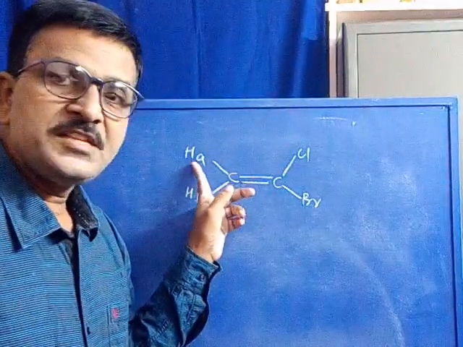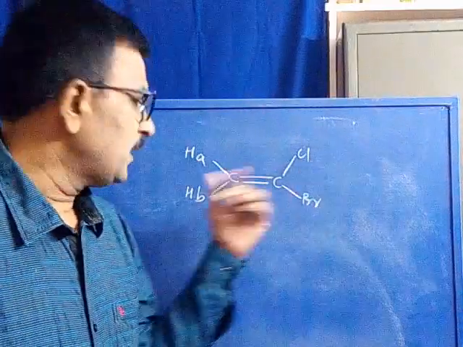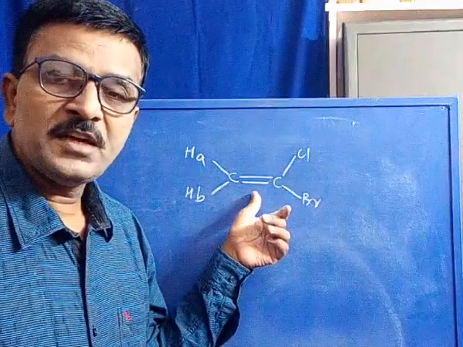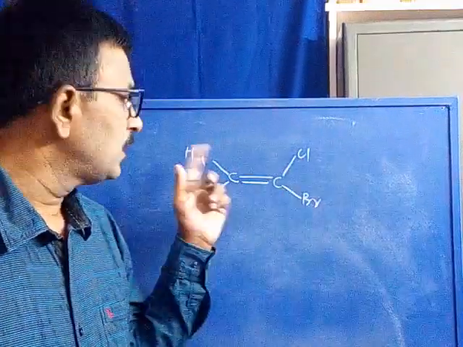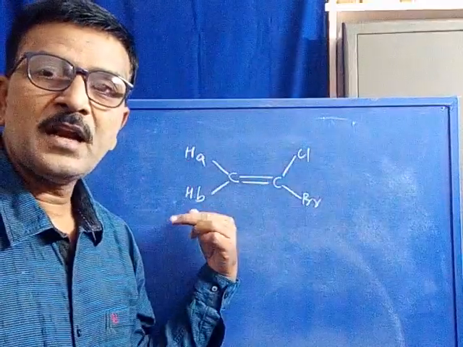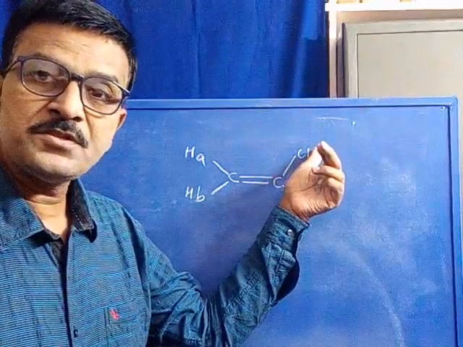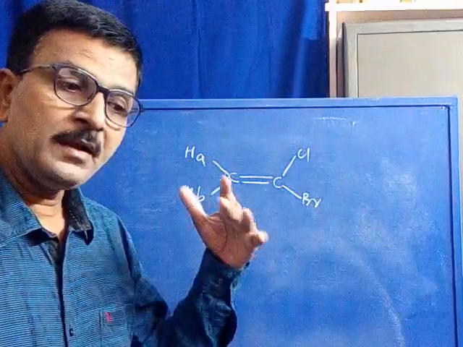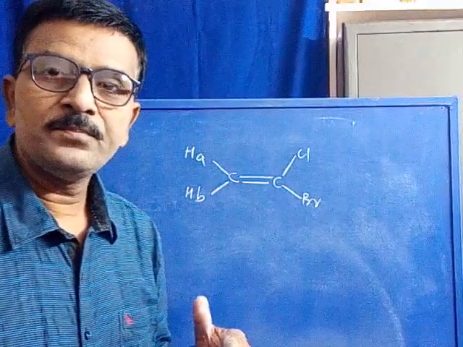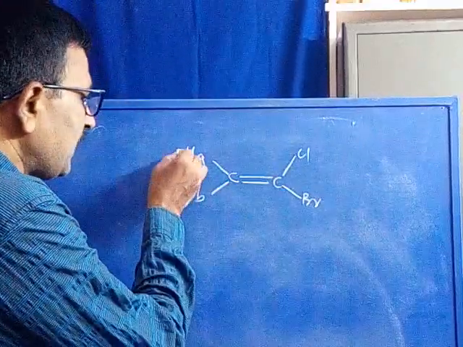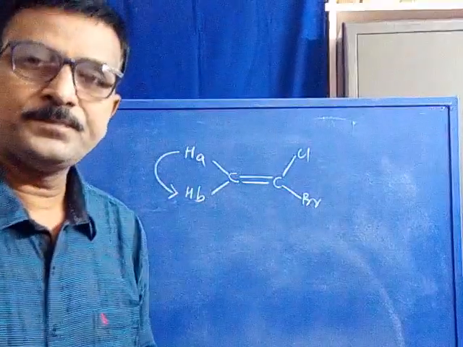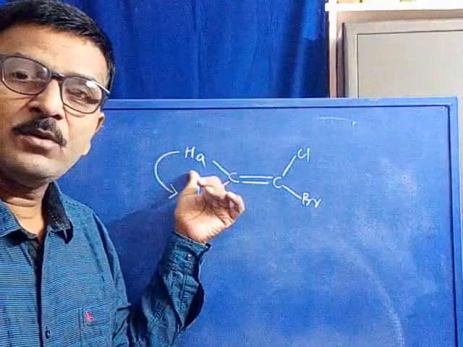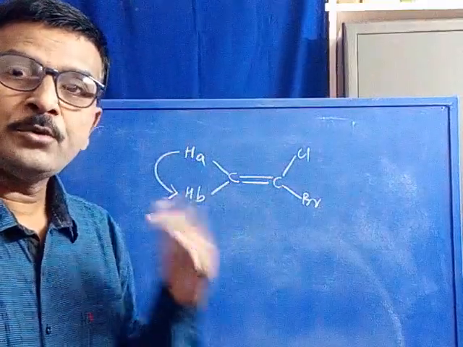Therefore HA hydrogen is cis to chlorine, HB hydrogen is trans to chlorine. Are you following? Due to the restricted rotation between the carbons, one hydrogen is cis to chlorine, the other hydrogen is trans to chlorine. Hence, these two hydrogens become non-equivalent and have different frequencies, therefore coupled. Here, Ha hydrogen is coupled with Hb hydrogen. Why coupling? Because the frequency of Ha hydrogen is different from Hb hydrogen due to non-equivalency.